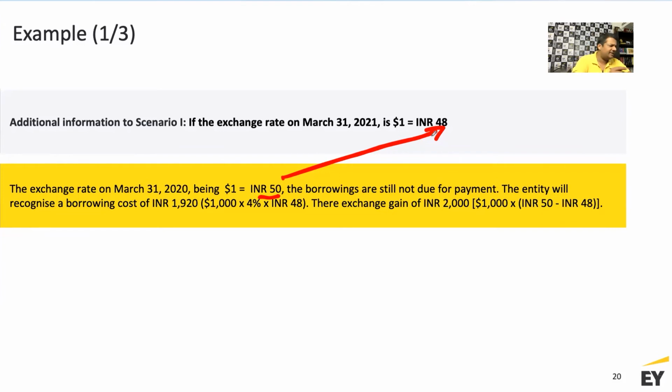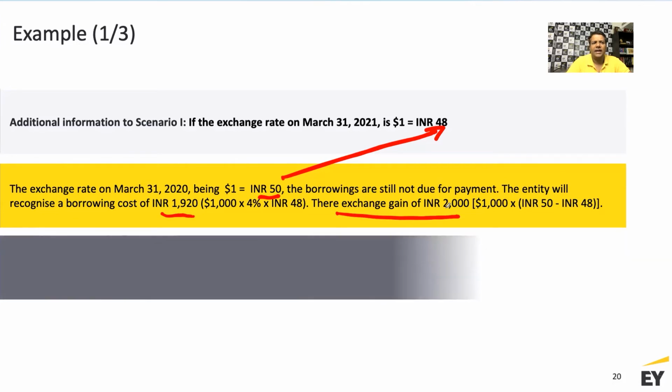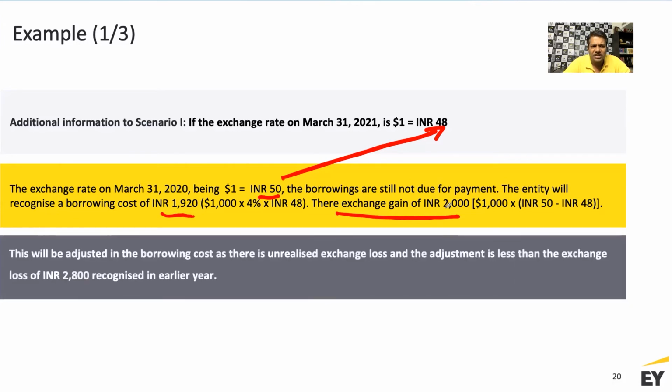For that year it is 1920, and then there's an exchange gain of INR 2000, INR 1000 into INR 50 minus INR 48. This will be adjusted in the borrowing cost as there is unrealized exchange loss, and the adjustment is less than the exchange loss of INR 2800 recognized in the earlier years. So the entire exchange gain of INR 2000, which is lower than the 2800 which we were allowed to capitalize, right? The entire 2000 will be adjusted